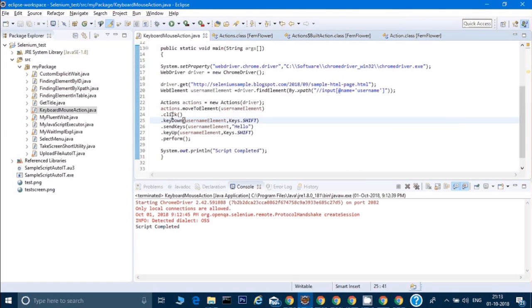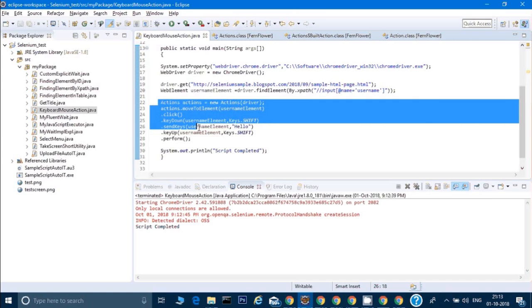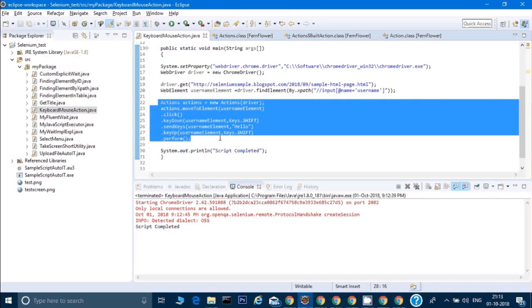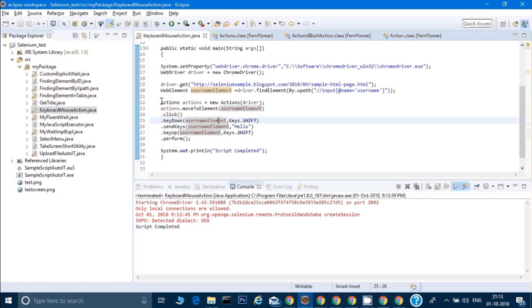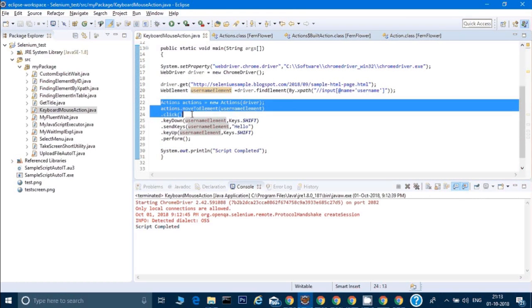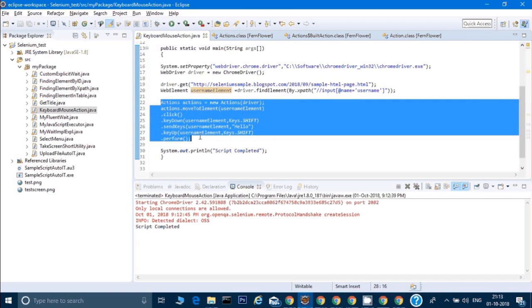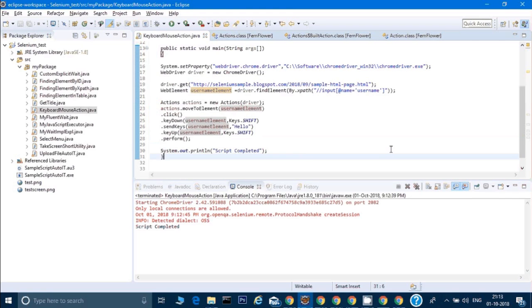So the benefit of using the Actions class is that there may be some situations in your project when you cannot interact with the element directly with Selenium. But the Actions class can control our keyboard and mouse, so we can interact with those elements. Alright, that's it for the